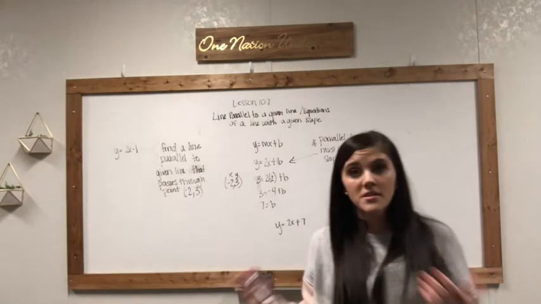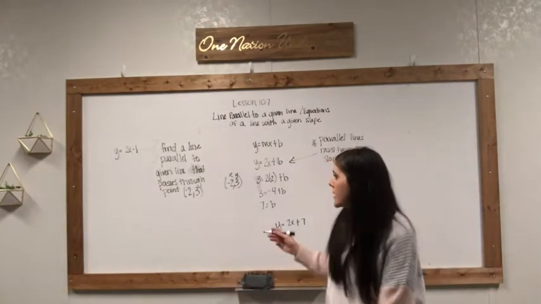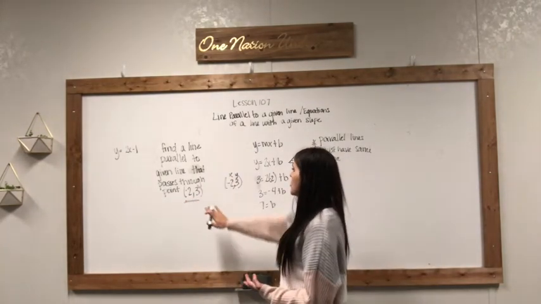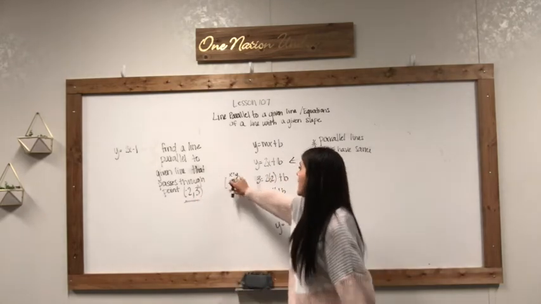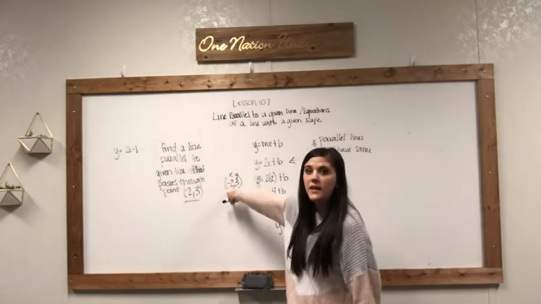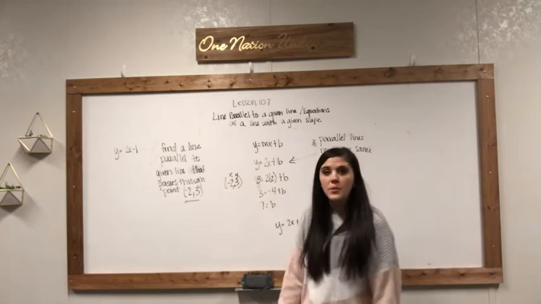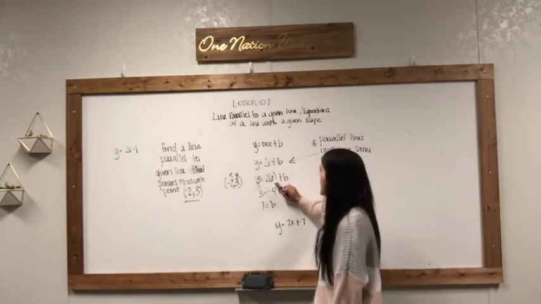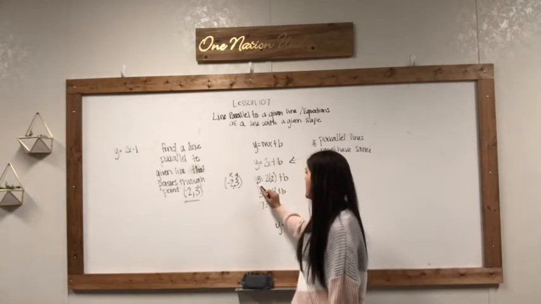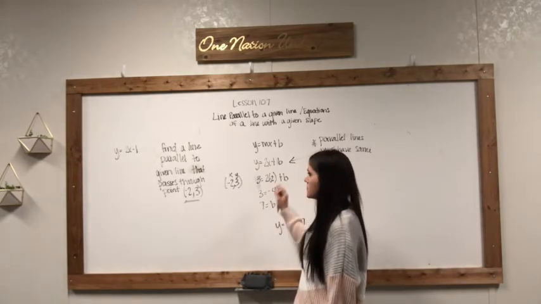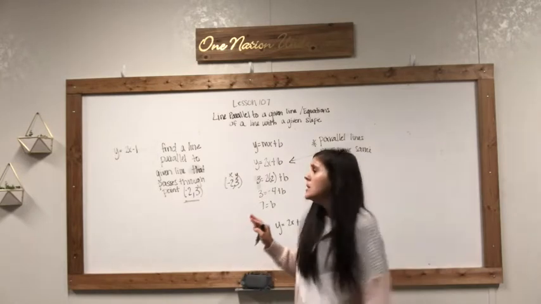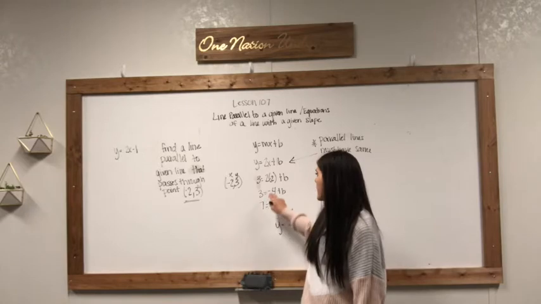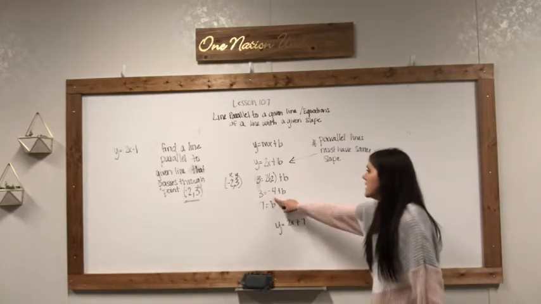Okay, so in order to solve this, super easy, you're going to take the point that is given to you, and you're going to plug it in for the x and the y. So remember that the -2 will be the x, the 3 will be the y. So I'm going to replace my x with the -2 and the y with the 3, and then I'm just going to solve it. So I know that 2 times -2 is going to be -4. So I've got 3 equals